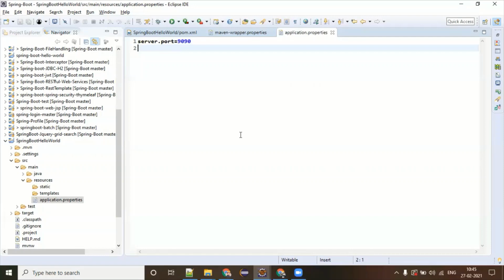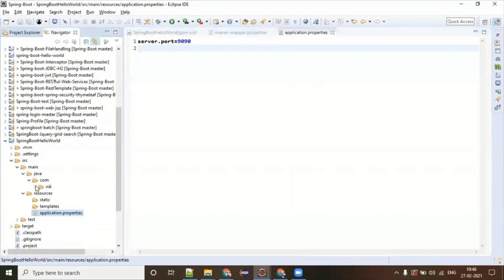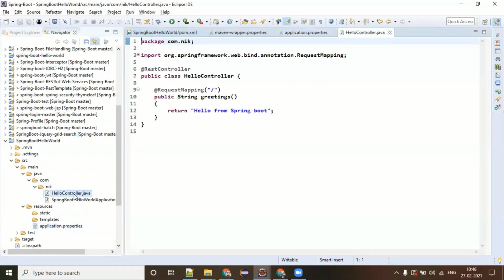Now, open the Java structure and see what the Java folder is holding. Along with all your packages, you will be able to see two sets of files. One is HelloController, which again comes by default with the root page, which tells you hello from Spring Boot. I'm not sure this is the one we have downloaded right now,